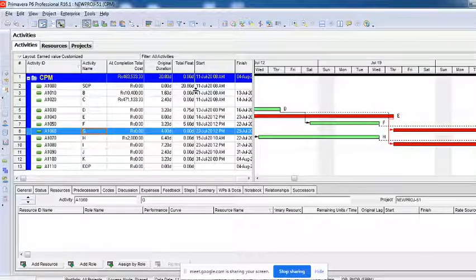Once the baselines are created and approved, they can be updated, but only with an approval. Without approval, you cannot update the baseline. You cannot change anything in the baseline. The question arises, who will update? The contractor does not have any authority to make any changes in the baseline.